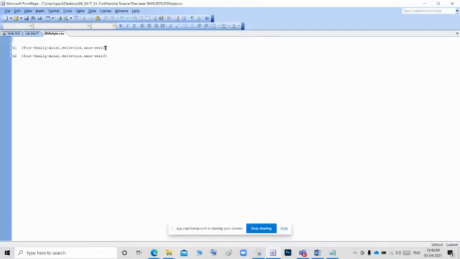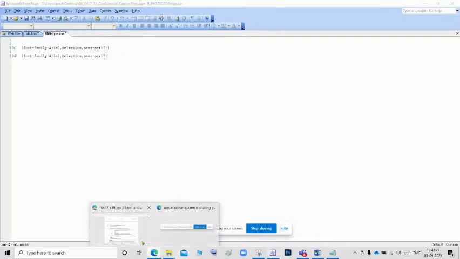See, if Arial is not available, there is a comma. But in that evaluation, they were giving a semicolon. If there is a semicolon, that code will be finished and a new code will start, so the sans serif will not be accepted. So Arial, comma, Helvetica, comma, sans serif means if the Arial font is not available, we will go for Helvetica and sans serif. Okay, so Arial will already be there. If you do not need sans serif and Helvetica, you can delete that. So comma, sorry, colon.